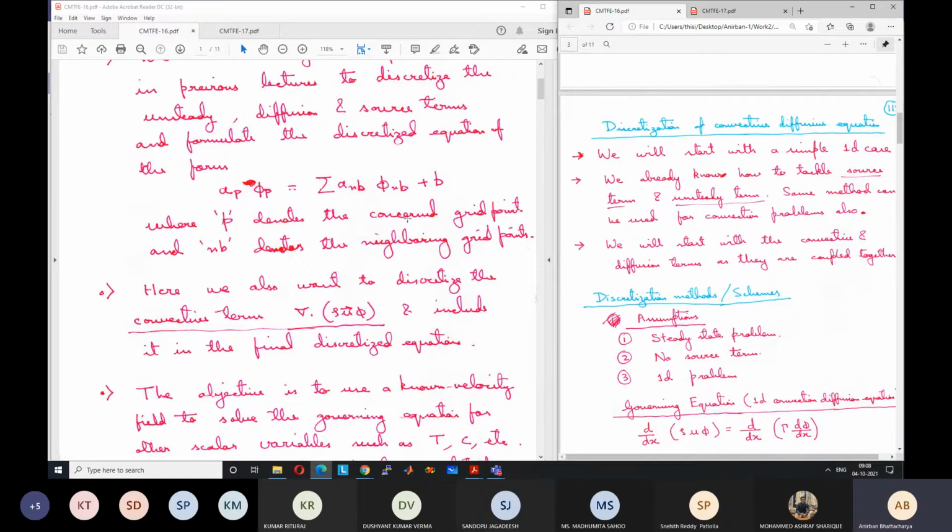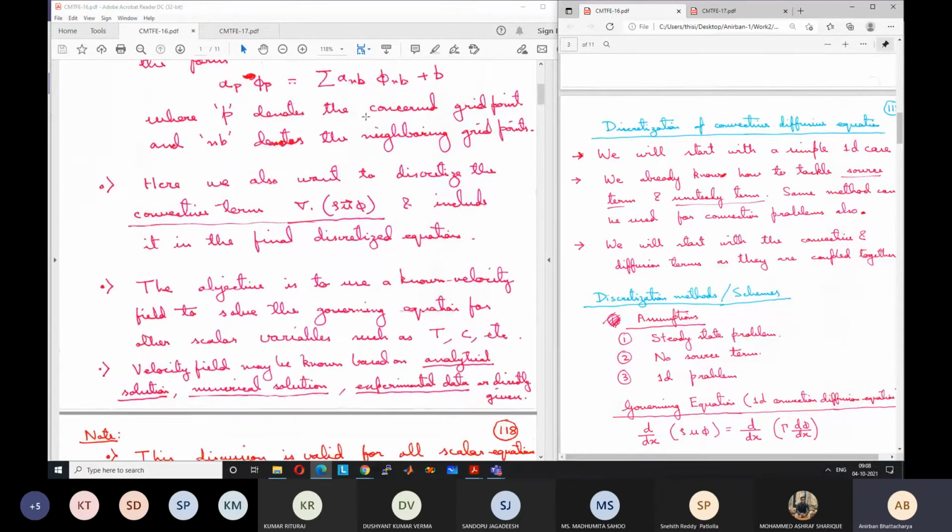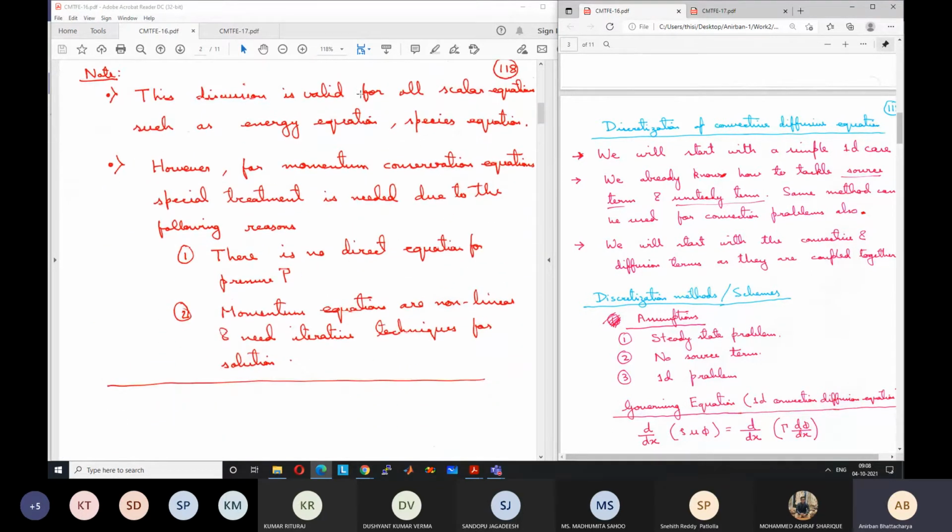Okay. So if there are n points, there will be n equations and n unknowns, and at all the points we should be able to get the data. Only difference is for the momentum equation. So this type of derivation, which we are going to see in the next few classes, is valid for any convection diffusion problem with scalar quantities like energy, species. Species means concentration. Even for u velocity, v velocity, w velocity magnitudes. But those equations for u, v, and w are non-linear, so we need iterative schemes there.